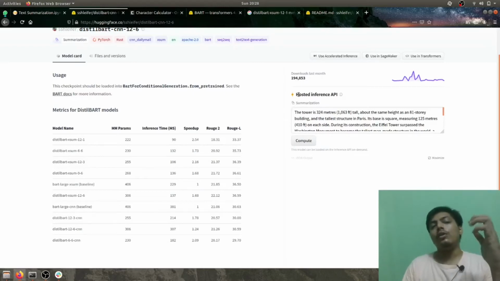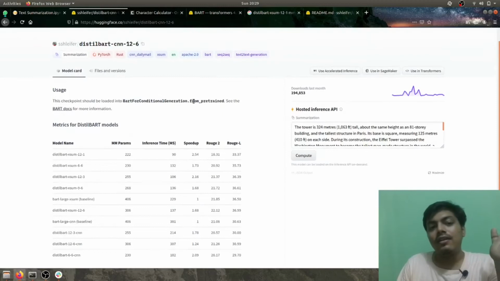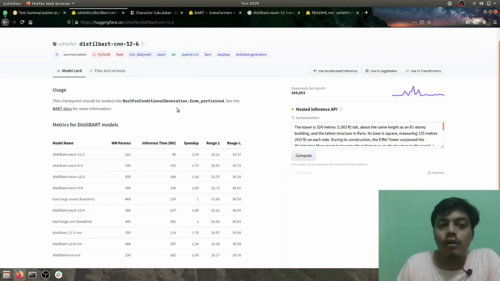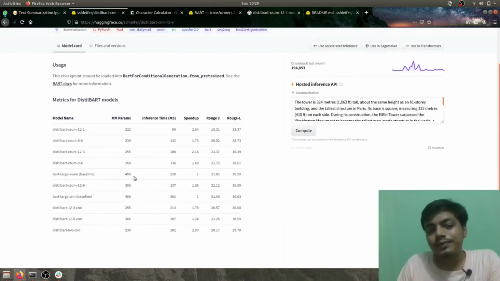In this video, we'll be seeing text summarization using BART for conditional generation. It's a pre-trained model from Facebook. Before going to the actual implementation of the code, we'll just see the documentation. Here we have the different versions of the BART model, and different comparison metrics for it. Let's try to understand them.